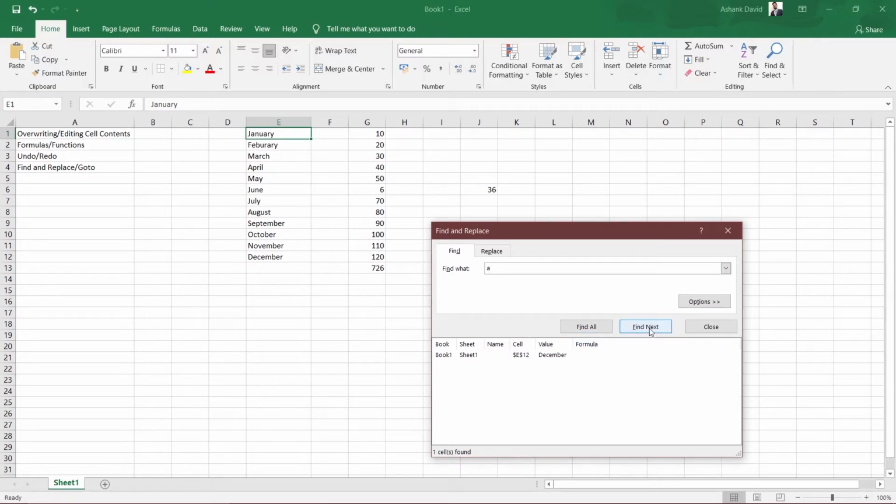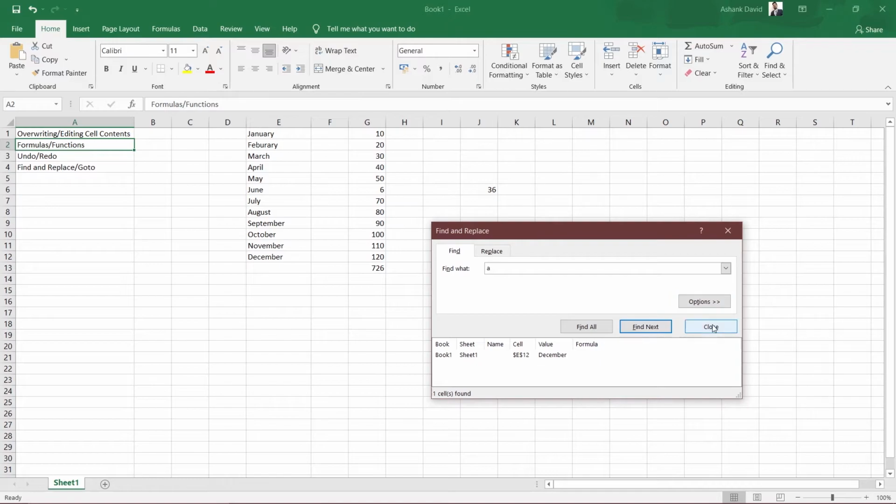If I click Find Next, it will jump to the next cell. Formulas is the next cell where A is present. Then if you click Find Next again, in February also there is A present. If you press again, in March also it is present. So one by one it will show you, jumping onto that particular cell, one at a time. So this is what Find does.